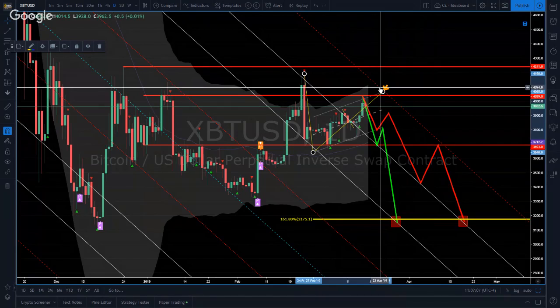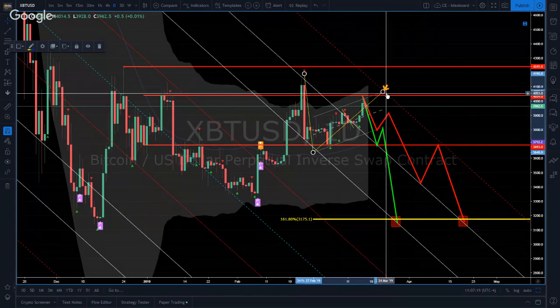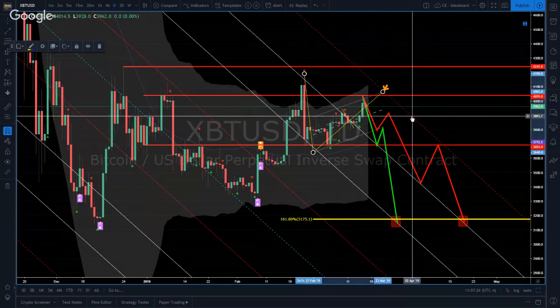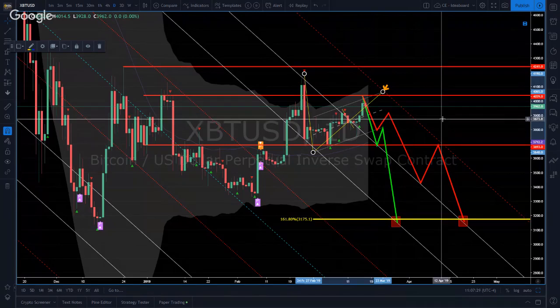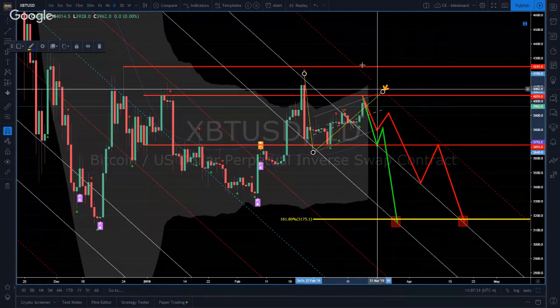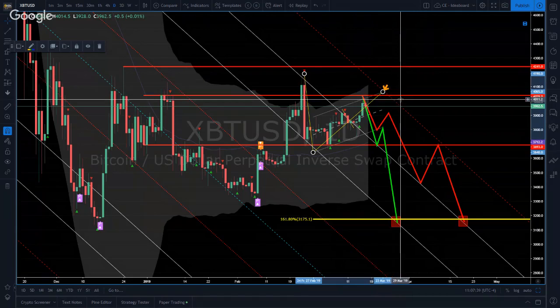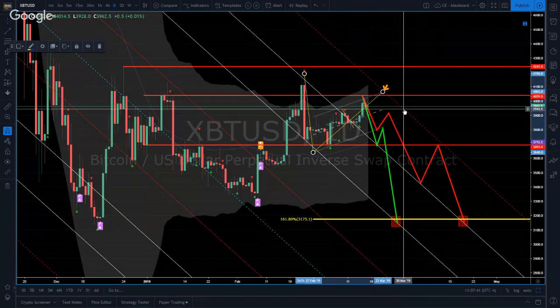When Bitcoin is $3,000, a $1,000 move is 33%, but when Bitcoin is $20,000, a $1,000 move is very, very small. So yeah, I think that's only about 5% gain at that point for a $1,000 move at 20,000. So again, if we do happen to break out of this channel, this is where my sentiment will start to flip the switch bullish. But until that happens, I'm still going to be in bear mode, and I will trade the market that way until we do happen to break out of this resistance level.